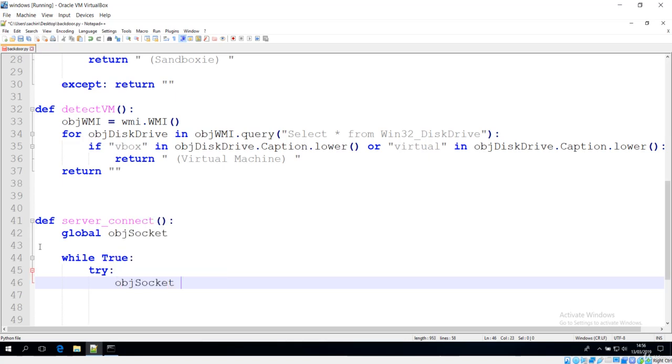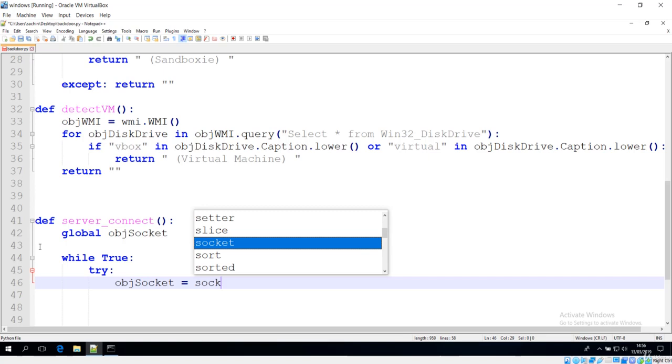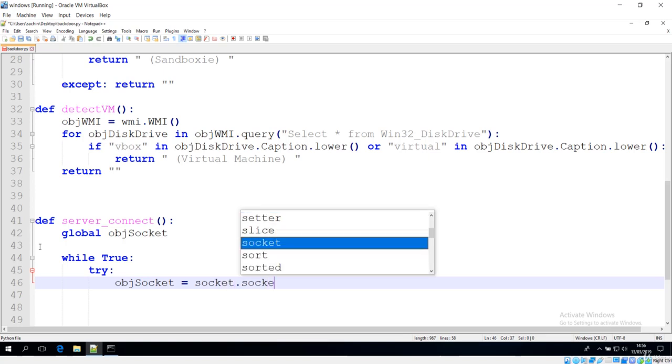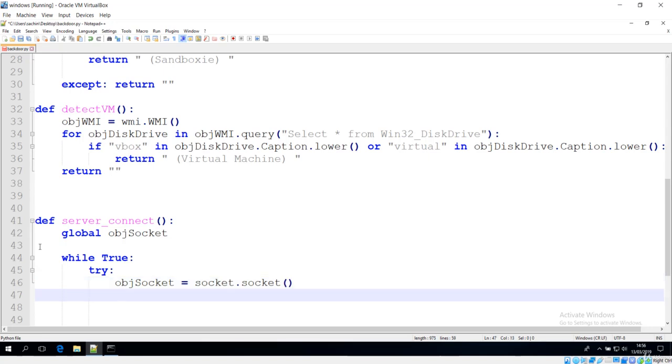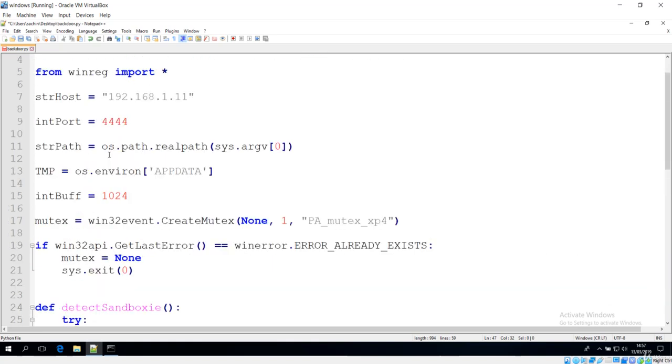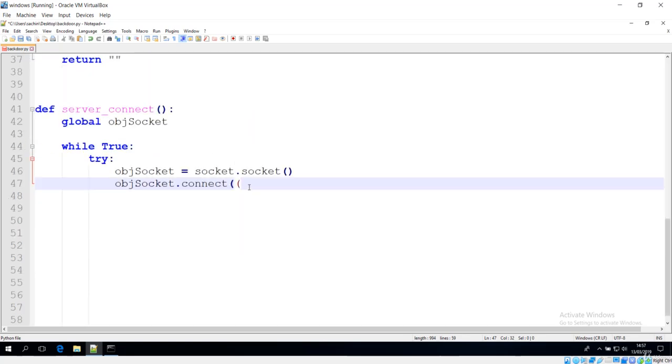Let's instantiate it. You know how to instantiate this socket. It is from the socket module that we imported, and this socket class, or the API call. Next, we use this object socket and connect, and this connection should be inside a tuple. We have seen this in the first lecture where we made a connection between the server and a client. You can reference that video if you get any confusion on the connect method.